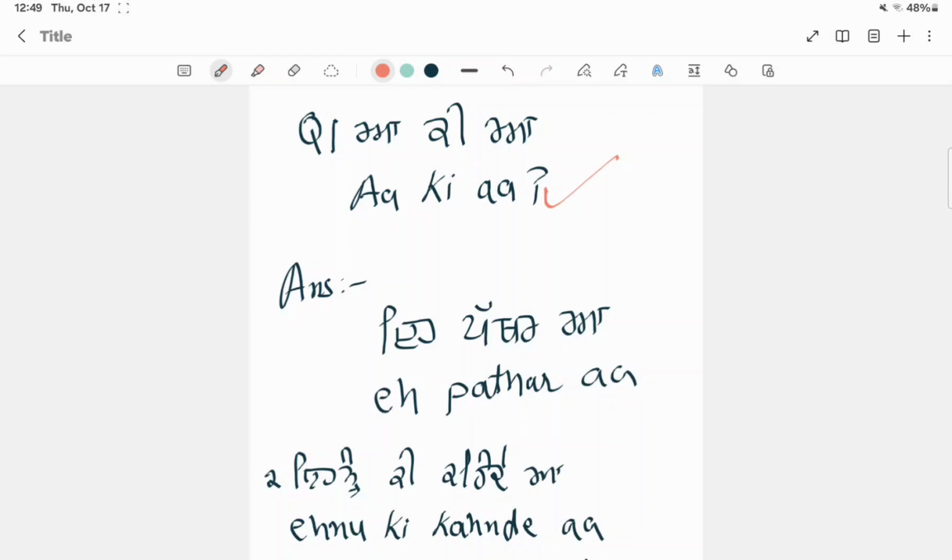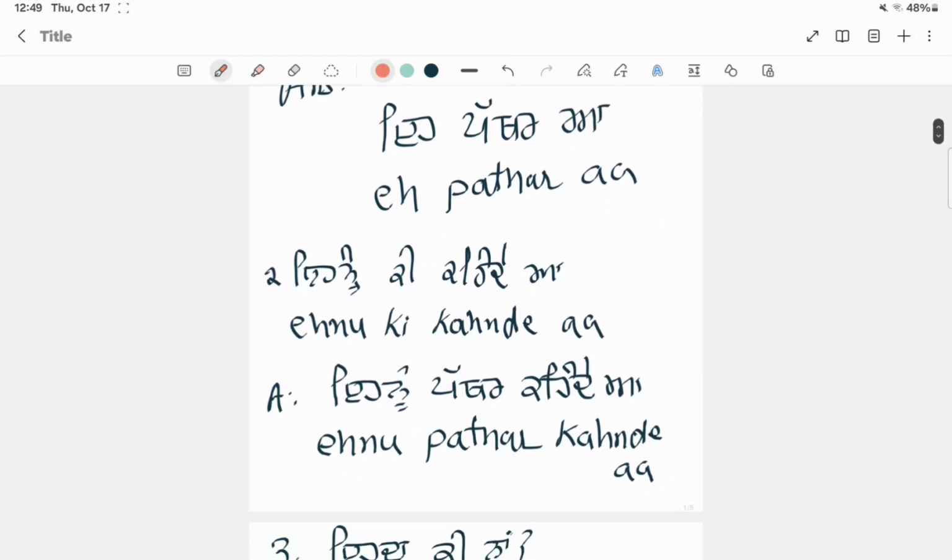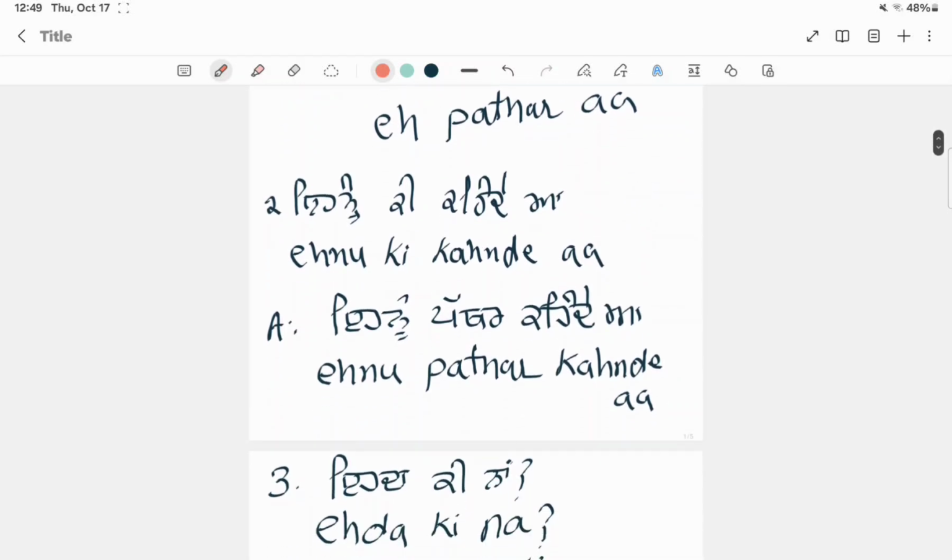Now I'm going to give you a real example. Okay, so this is the answer. We will talk about this later. Okay, the second one. I write in both our Gurmukhi letters and the Roman letters as well, because some people don't understand Gurmukhi, they can look at the Roman letters, right? The second question, Enu ki kaindeya. So it means, what do you call this one, or what is this thing being called, right? So that's what this question means, all right?